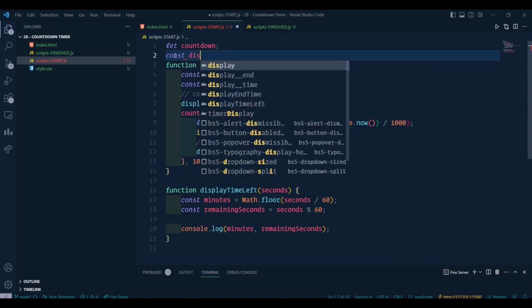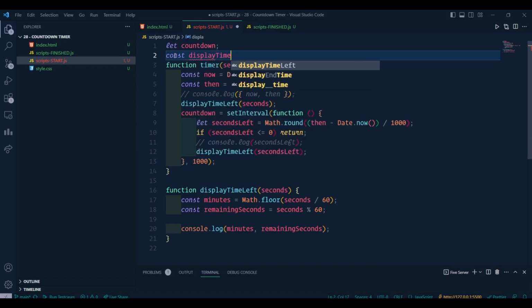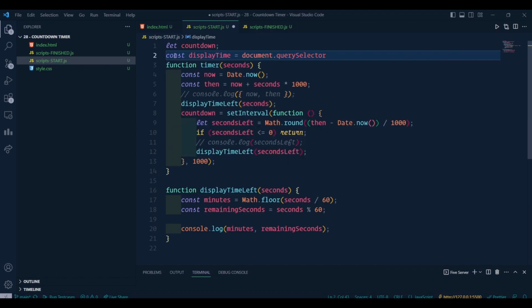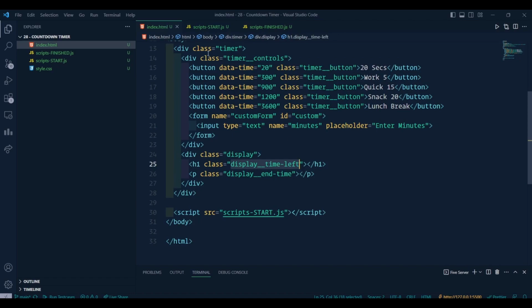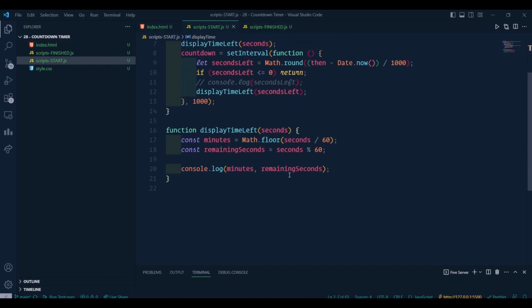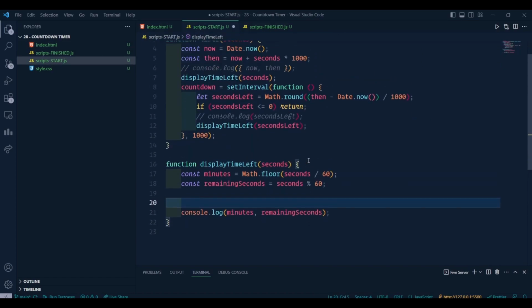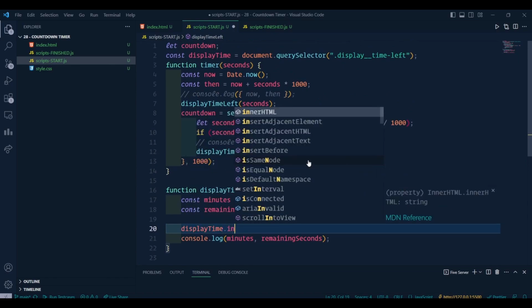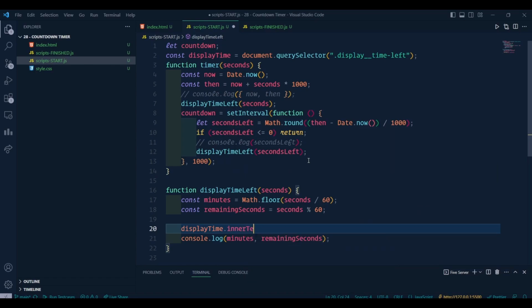Constant display time equal to document dot get... Sorry, I'm going to use query selector. Inside that a class name. Right, everything is fine. Now I'm going to add here display time dot inner text equal to,